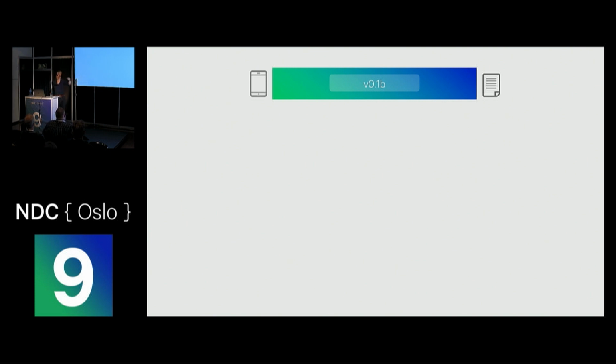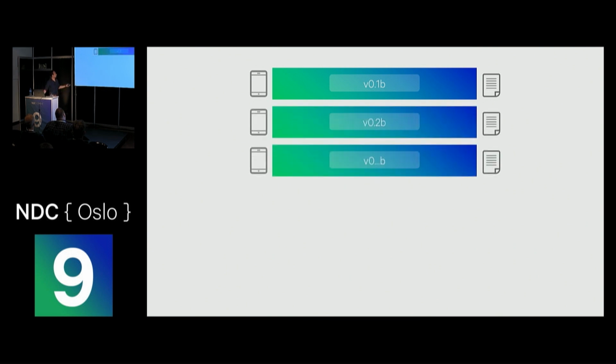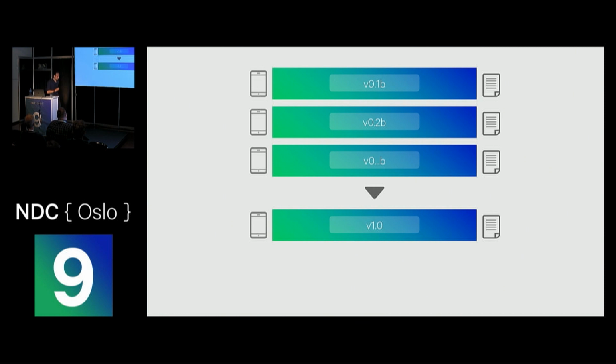So the first version that we just saw was version 0.1 beta, and quickly after that we had 0.2 beta and so forth, until finally there was enough functionality inside of this red velvet application to make it a 1.0 version, and that's the version that actually got released to the app stores. Everybody was happy. It was Steve who had made his vision come to life, and he was able to share the recipe from his grandmother with the world.